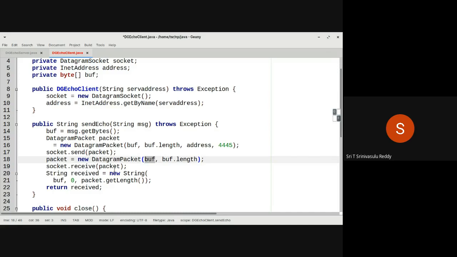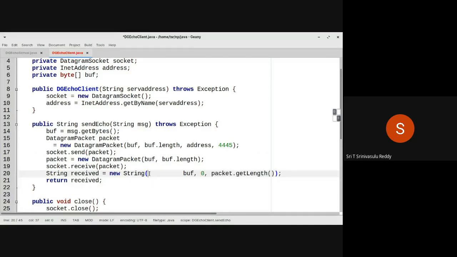Once you receive it, the result is now available in buf. But that is an array of bytes, so you have to convert that back into a string. So you say String received equals new String of buf, comma 0, comma packet.length.